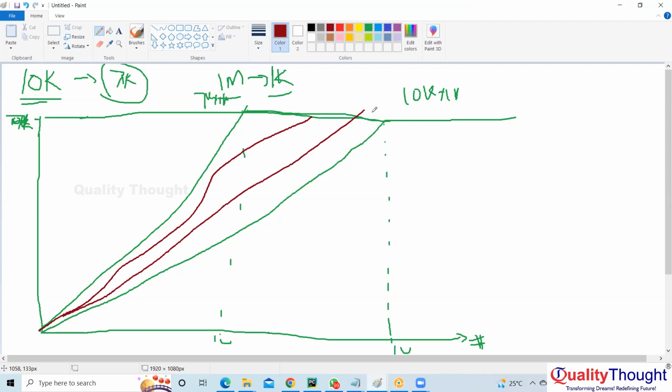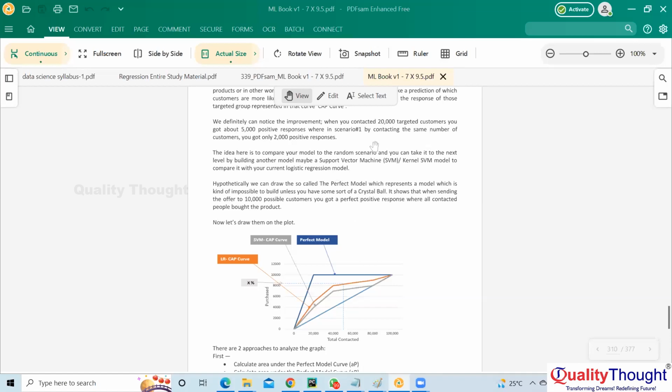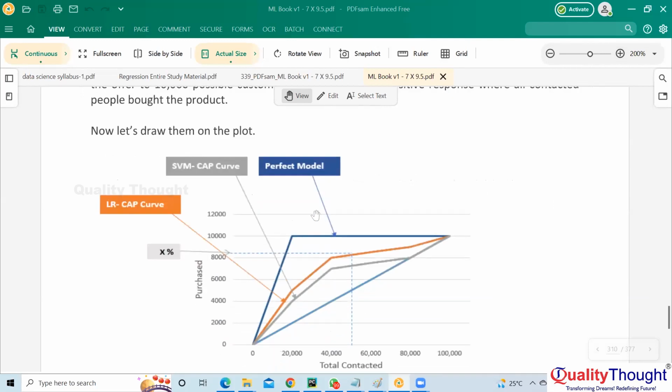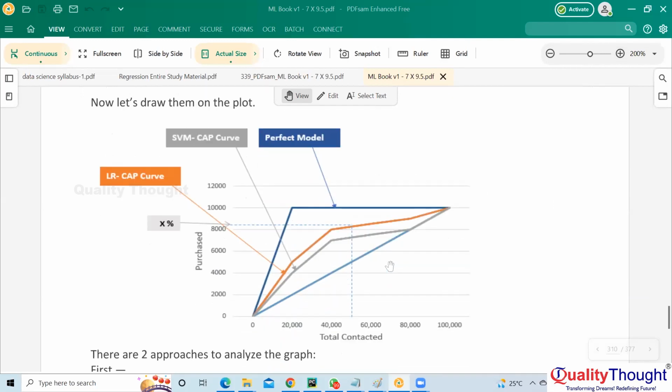One more option is that you draw the CAP curve for all the models, and whichever gives you more area, closer to the best case, is better. If you look at this one, this has only this much area. This has the entire area, right? So the model which has the higher CAP curve is the most preferred, like R square. This is the counterpart of R square. You're measuring with respect to the average. This is the average case, at the bottom. Your model has to be better than the average. Otherwise, why do you apply a model? You can just walk out and randomly pick people.